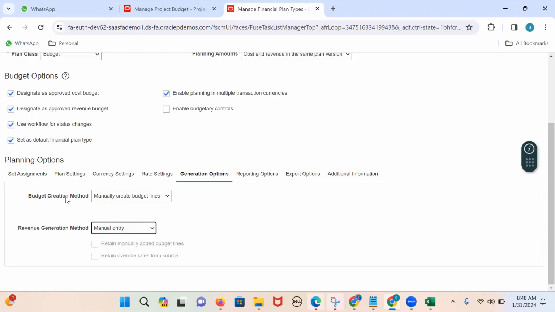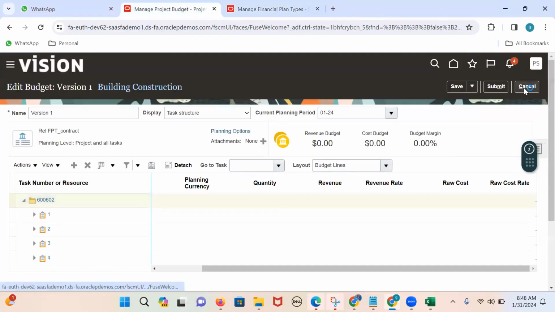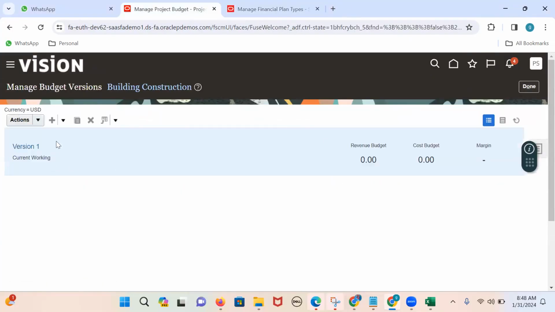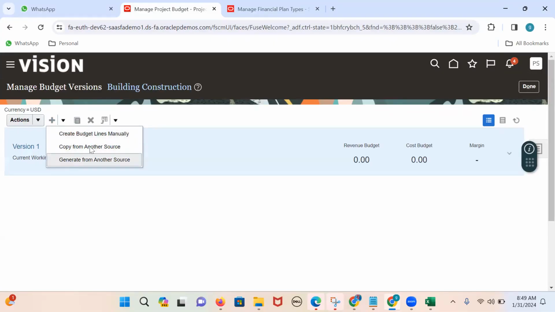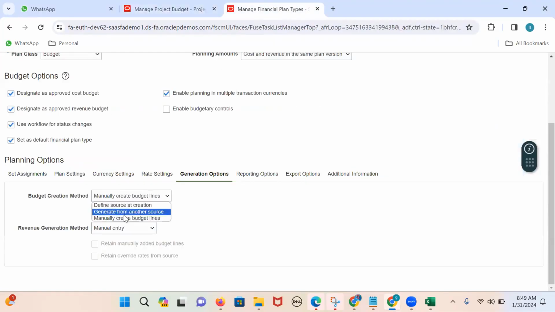When it comes to the budget creation method, different options are available, right? These are the options I told you about. When I cancel it and go to the project, when I click on the drop down, I can see these options here itself. The same options are visible here. Are you creating budgets manually, or from a different source? Okay, manually we are creating the budgets. Okay, now